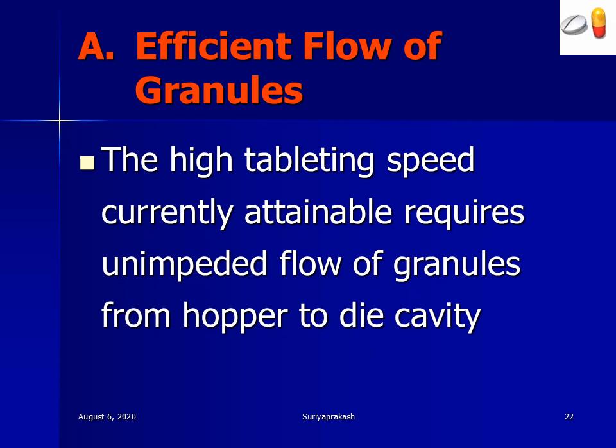What do you mean by output? The tablet weight should be 600 milligram. When the tablet weight is 600 milligram, it will pass the weight variation test. All the tablets will pass the test. Do you understand? For the tablet to pass the test, first and foremost the tablet weight should be uniform. For that to happen, the granules should flow very freely and smoothly into the die cavity from the hopper.